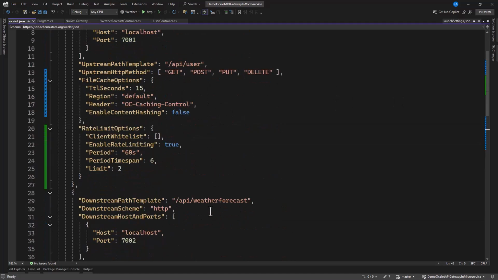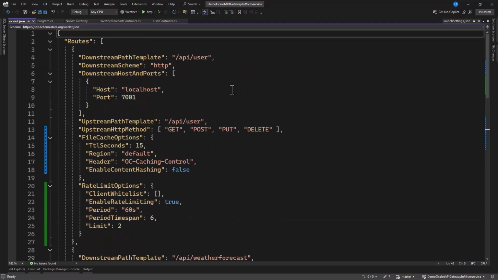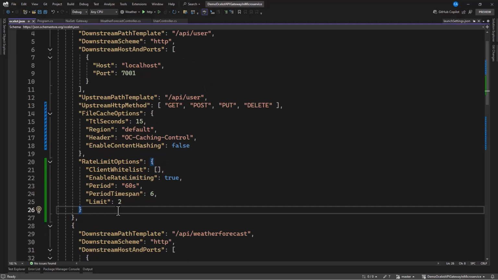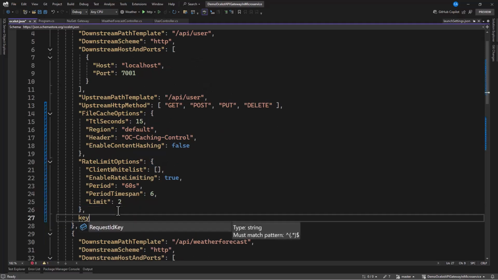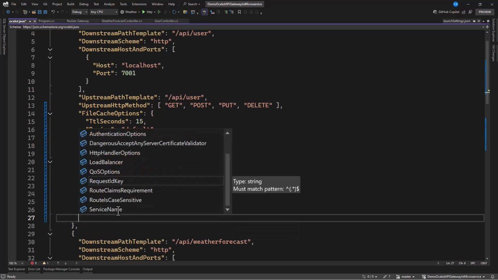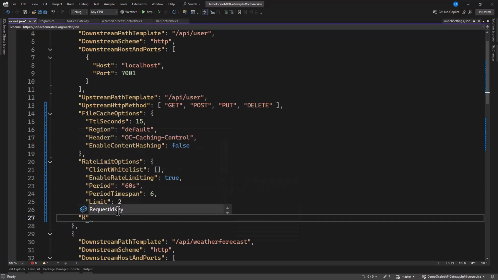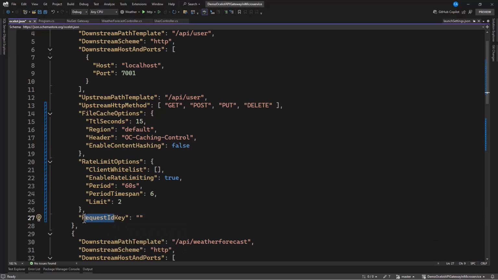So you want to call this weather forecast and user together. So in here, let's assign a key to this. We say this is key. Okay, so here we are having our key. So this must be key, not request ID.